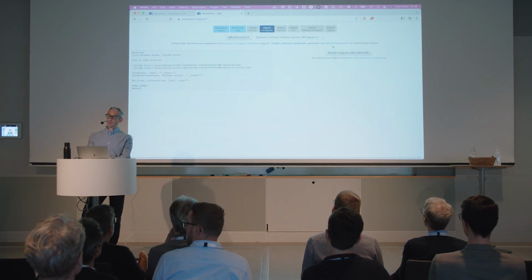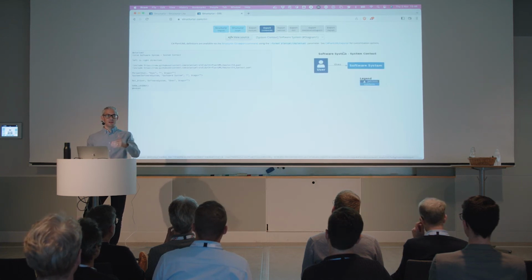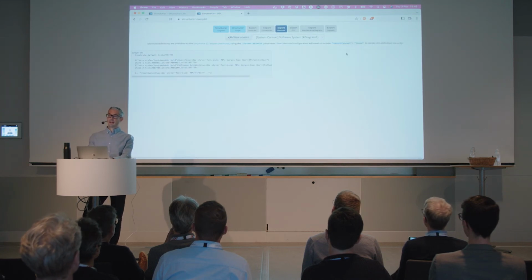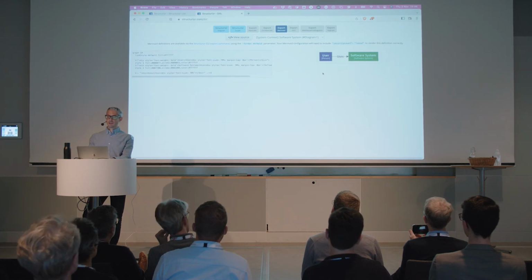There's a C4 PlantUML version as well, which by default gives you the styling supported by C4 PlantUML, and there's a way to customize all of that. There is a Mermaid export, so Mermaid is another diagrams as code tool. This generates a bunch of Mermaid source, which you can then render with the Mermaid rendering engine.